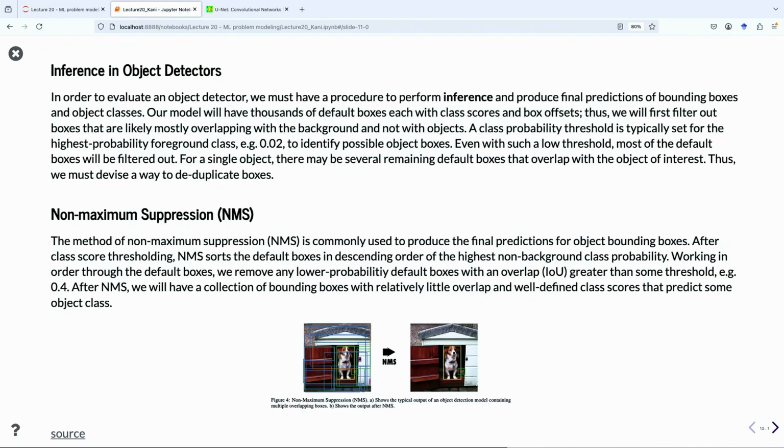So how do we get the actual bounding boxes from the model? How do we finally take all those possible bounding boxes that the model spews out and get the few bounding boxes that we think are relevant to the image?